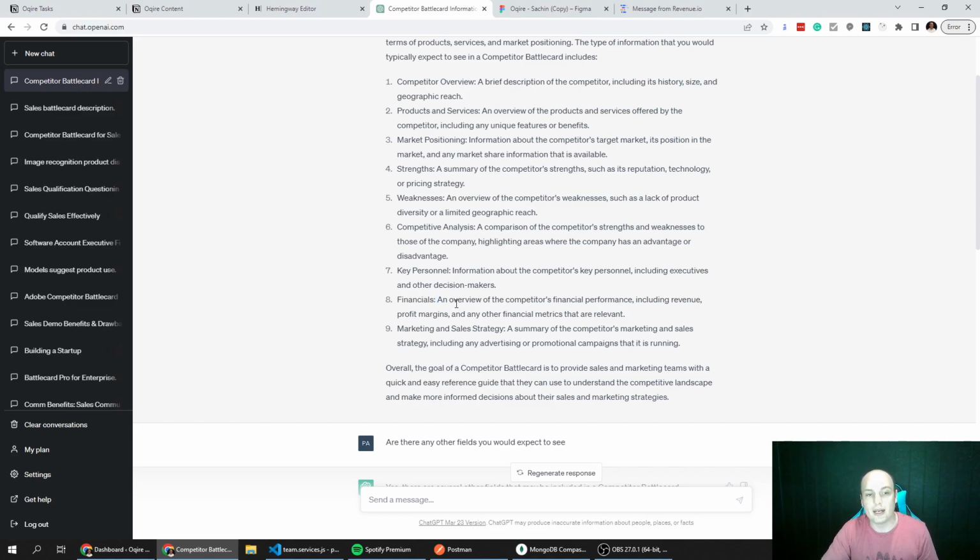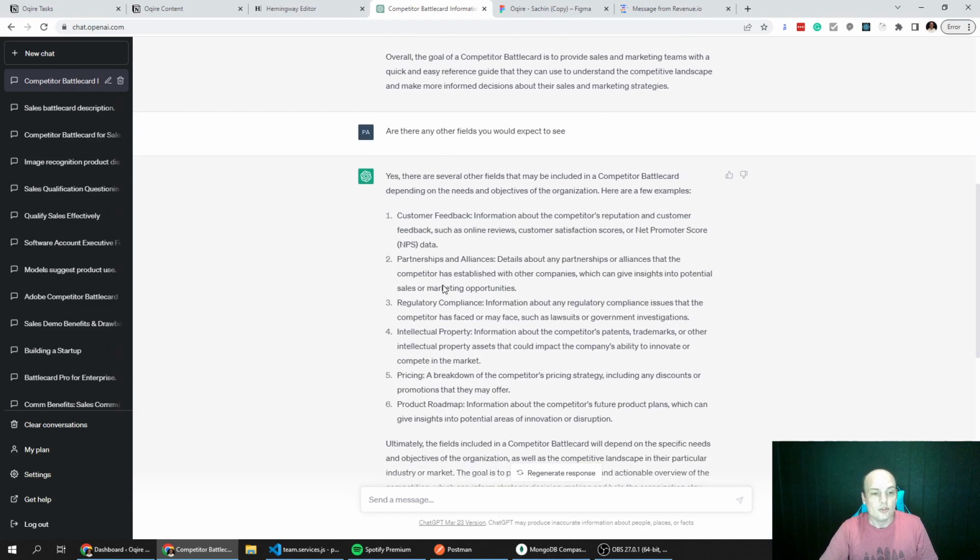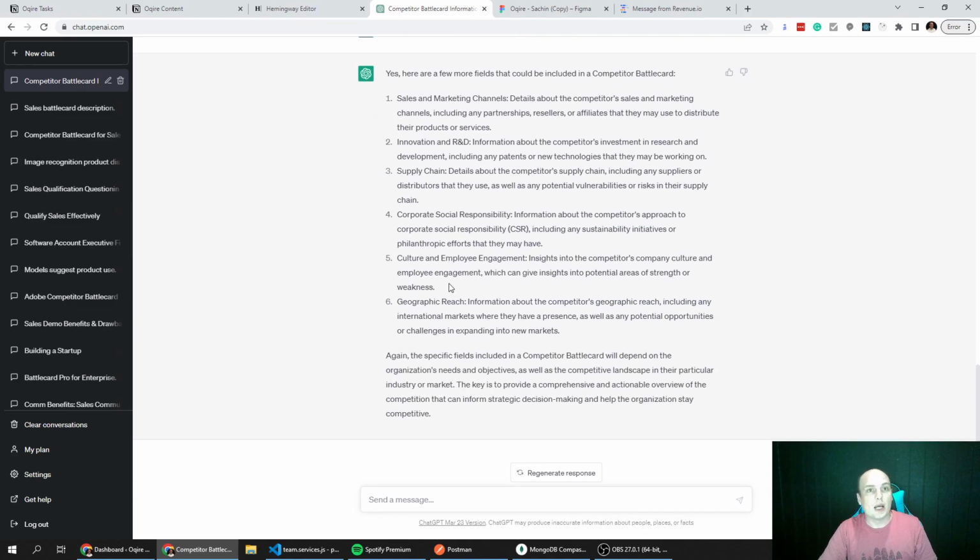Maybe I should have added that in. And ChatGPT is just reminding me, hey, that is another potential field, and I can weigh the pros and cons of including that or allowing that to be one of the metrics that we track in our competitor battle cards. So that's primarily how I'm using ChatGPT to accelerate product development. It's when I'm working with my designer and also to sense check some of the new ideas that I have around the product.